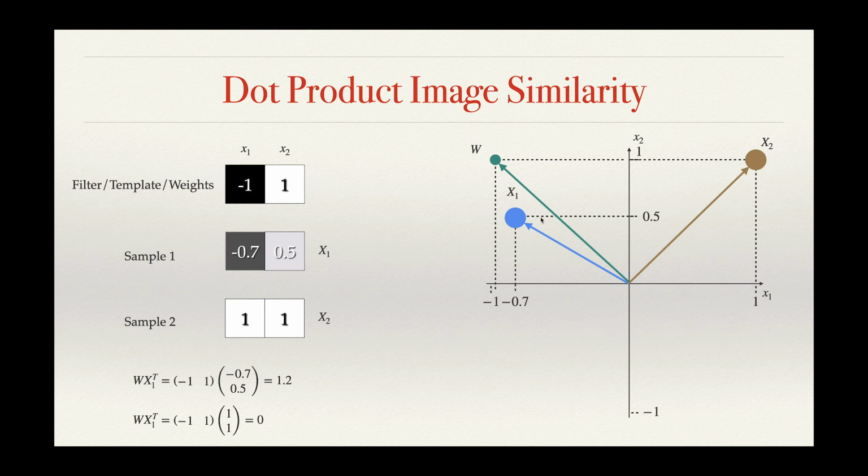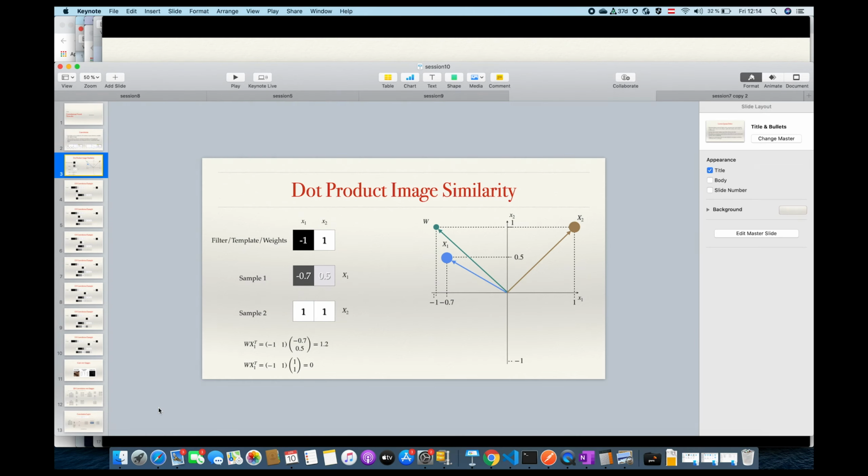That means they are way more similar than the angle between this one and this one, which is here about 90 degrees. That is basically it, because the cosine similarity is equal to 0. And we can see, for example, when it comes to dot product, for example, this is actually